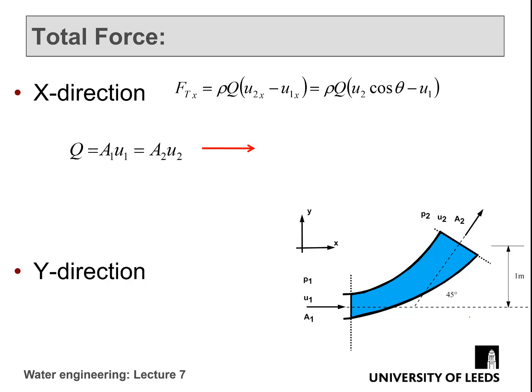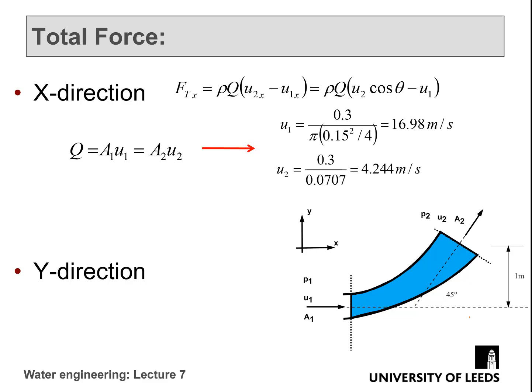We've got Q equals A1u1 equals A2u2, so we can calculate the velocities. We've got a pretty high u1 velocity, 16.98 meters per second, and a reduced u2 velocity, and that's what we'd expect. Always check whether you'd expect that number to reduce, and because it's expanding, it's going to reduce. So we'll put those numbers into our total force equation,